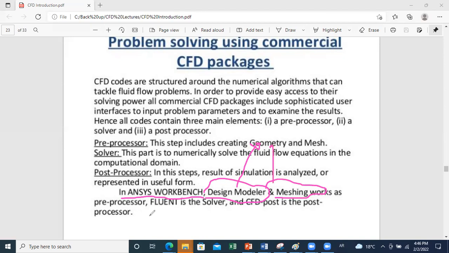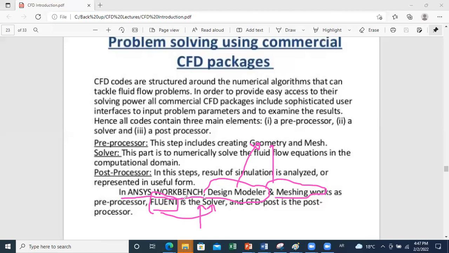Then you move to using the solver. It's called Fluent. So when we say ANSYS Fluent, we refer to the solver used. It will represent several algorithms and methods of discretization of your equations that are offered by Fluent, and you can select the ones that are convenient for your application. And here also you will set, for example, if you have a transient or steady application, the time step, the boundary conditions, the initial conditions,